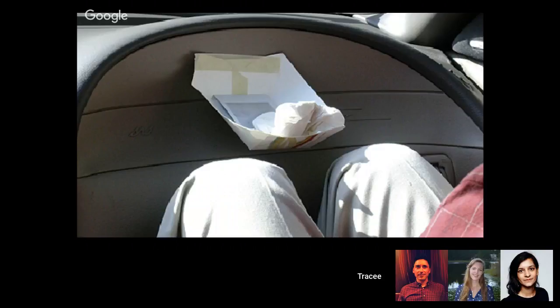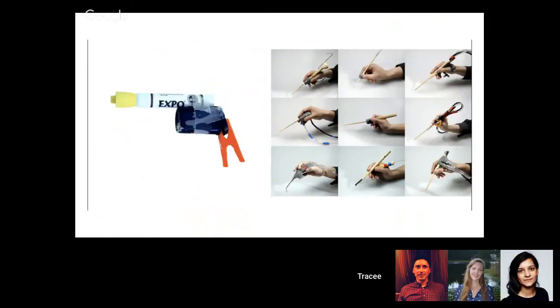But this is a prototype that somebody on a team at IDEO made for a new way for the passenger seat to access technology or things that they want. So it's actually kind of a tray on a car, but they literally hacked it out of a piece of paper. It looks almost like McDonald's food packaging that they stuck together in the front of the car just to see whether that physical space would actually fit that device. So it's simply something that was hacked together with very little resources.